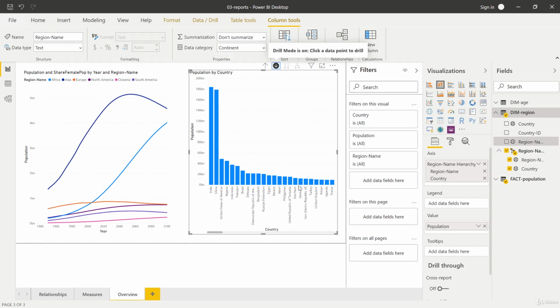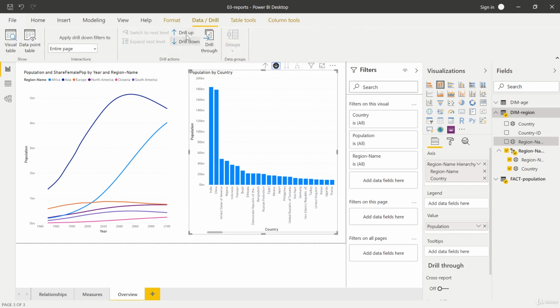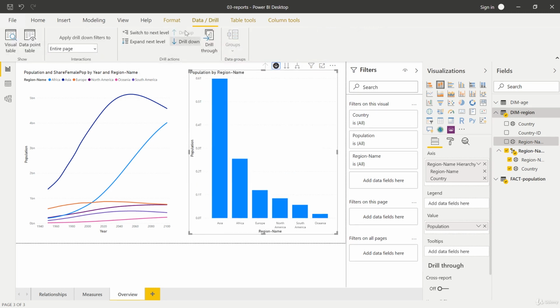And you can also find this right here in this drill option. Here you can drill up, which always means go back to the higher level. And you can activate or deactivate drill down. So this is how drill down and hierarchies work in general. By the way, we have options like switch to next level, expand next level, and drill through. These are a bit more advanced, therefore I don't want to dive too deep here at this stage of the project. There is one last thing I would like to show you about the drill down feature though,